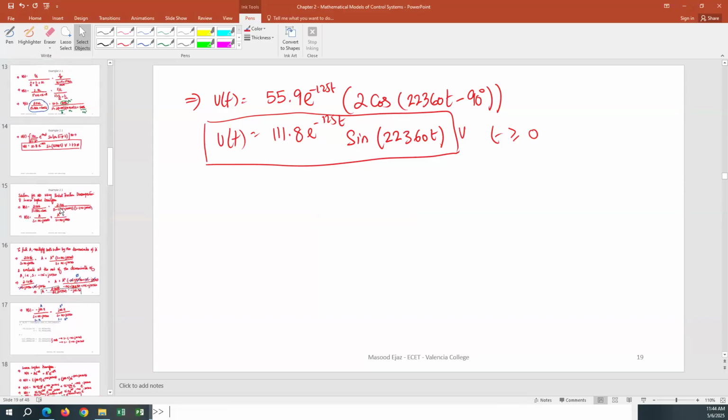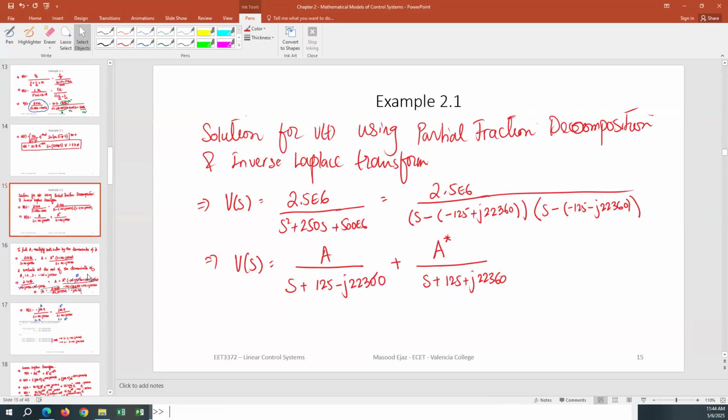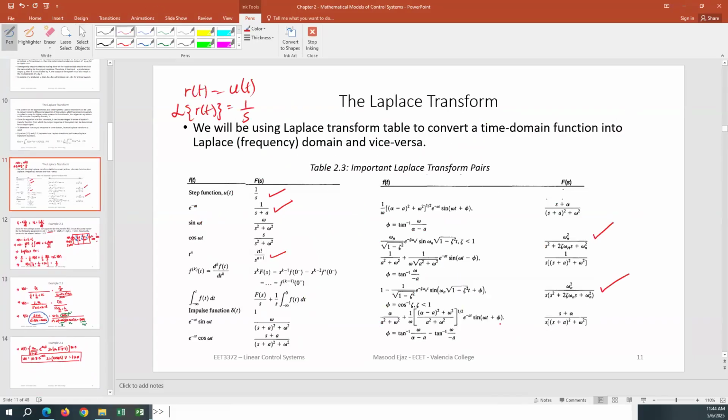So there's another thing that you can add in the table, actually, if you have this relationship. So let's go ahead and add this in the table. One other relationship is if you have F(s) equal to A over s plus a, plus A conjugate over s plus a conjugate. You have this,